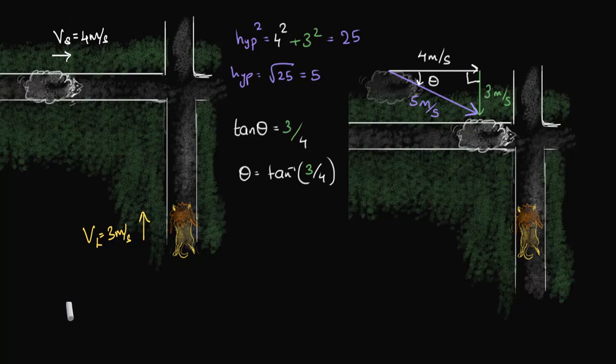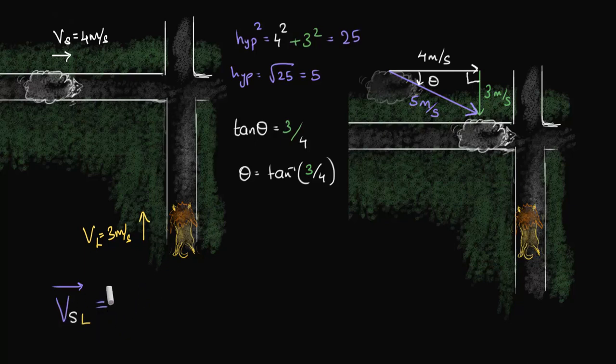Alright, now let's put this whole result in terms of symbols. Okay, remember how we used to write symbols for relative velocity? Well, we are calculating velocity of the sheep with respect to the lion, right? So we would write it as velocity of the sheep with respect to the lion. The only thing we have to do now is make sure that we put vector signs, because we're looking at things in 2 dimensions, right? So we have to use vectors. And if you're not familiar with vectors, or if you're uncomfortable with vectors, then it would be better if you could first watch those videos on vectors and then come back over here.